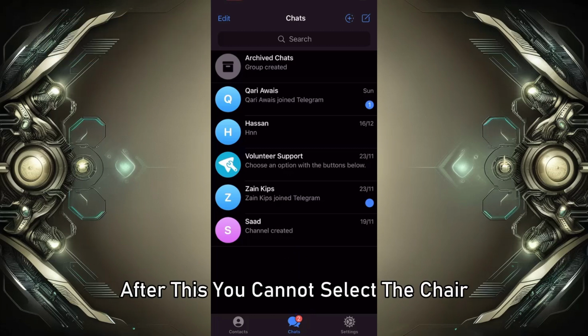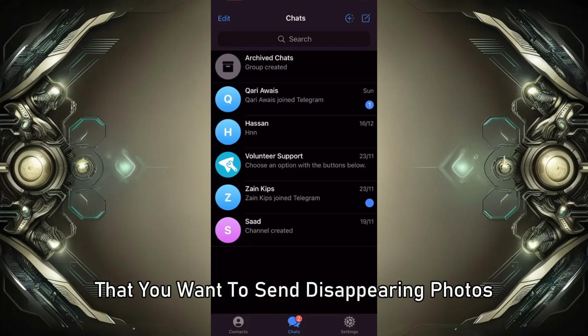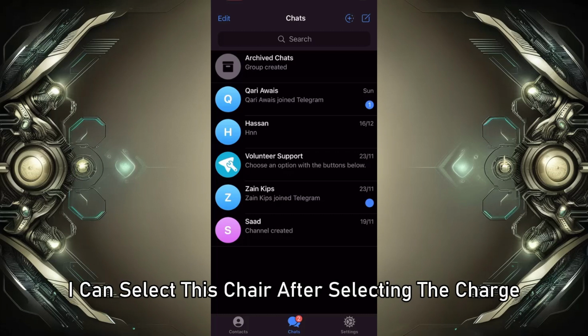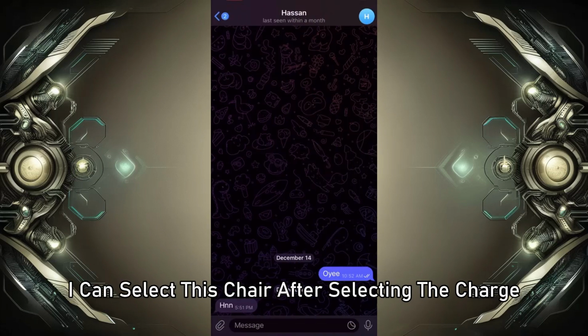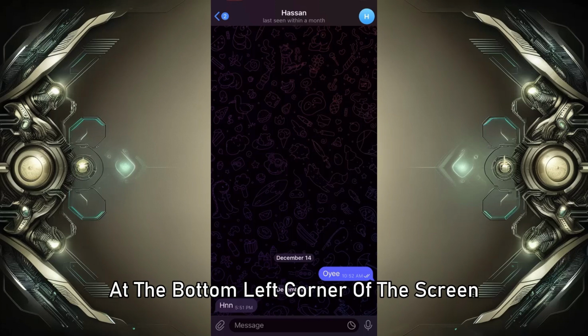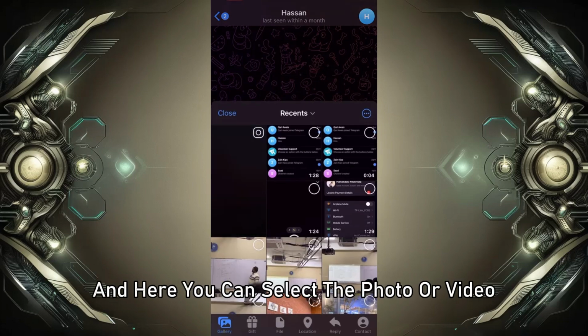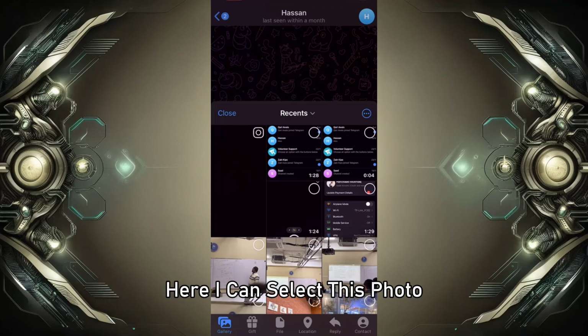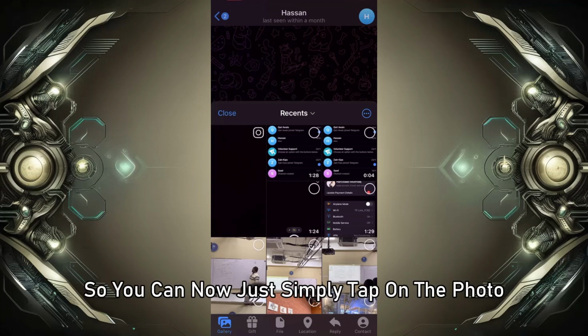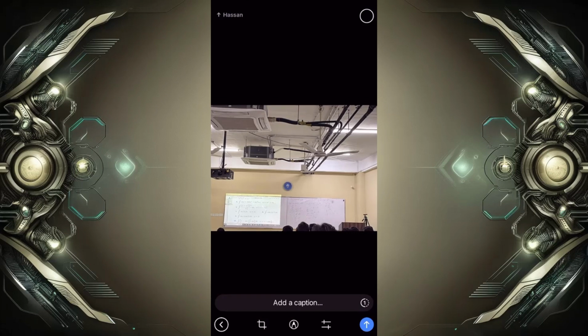After this, you can now select the chat that you want to send disappearing photos to. I can select this chat. After selecting the chat, you can now tap on attachments at the bottom left corner of the screen, and here you can select the photo or video. Here I can select this photo, so you can now just simply tap on the photo, and here you can